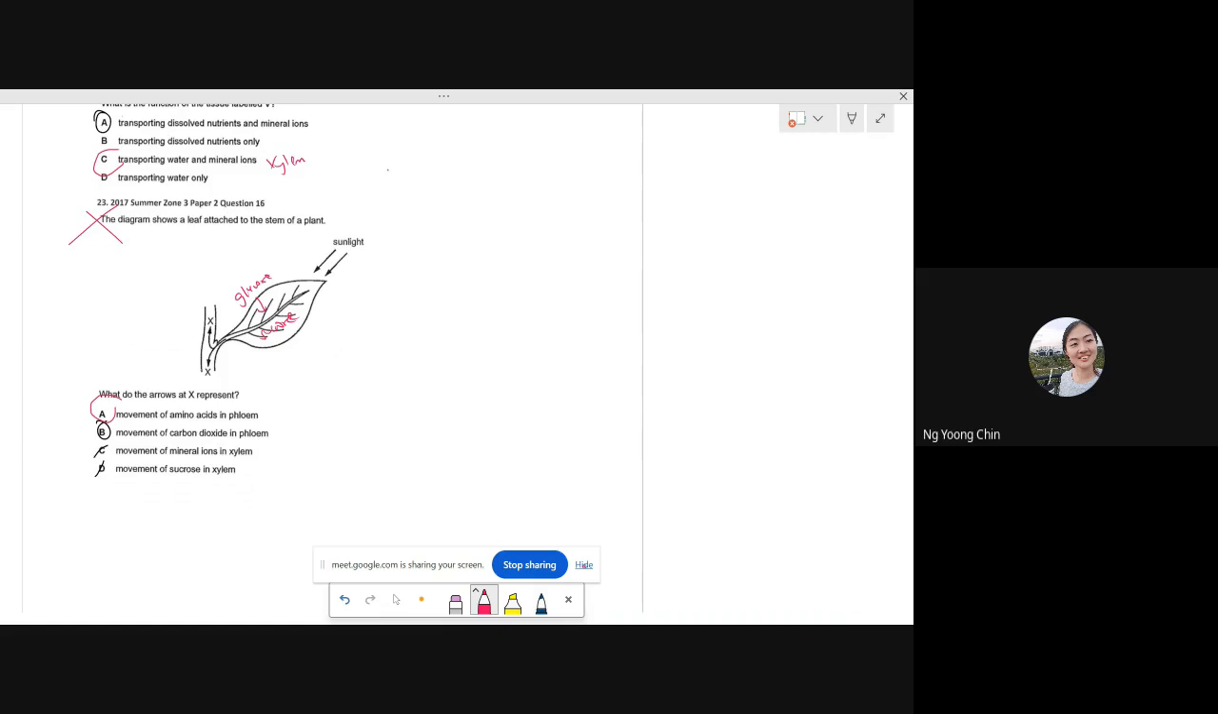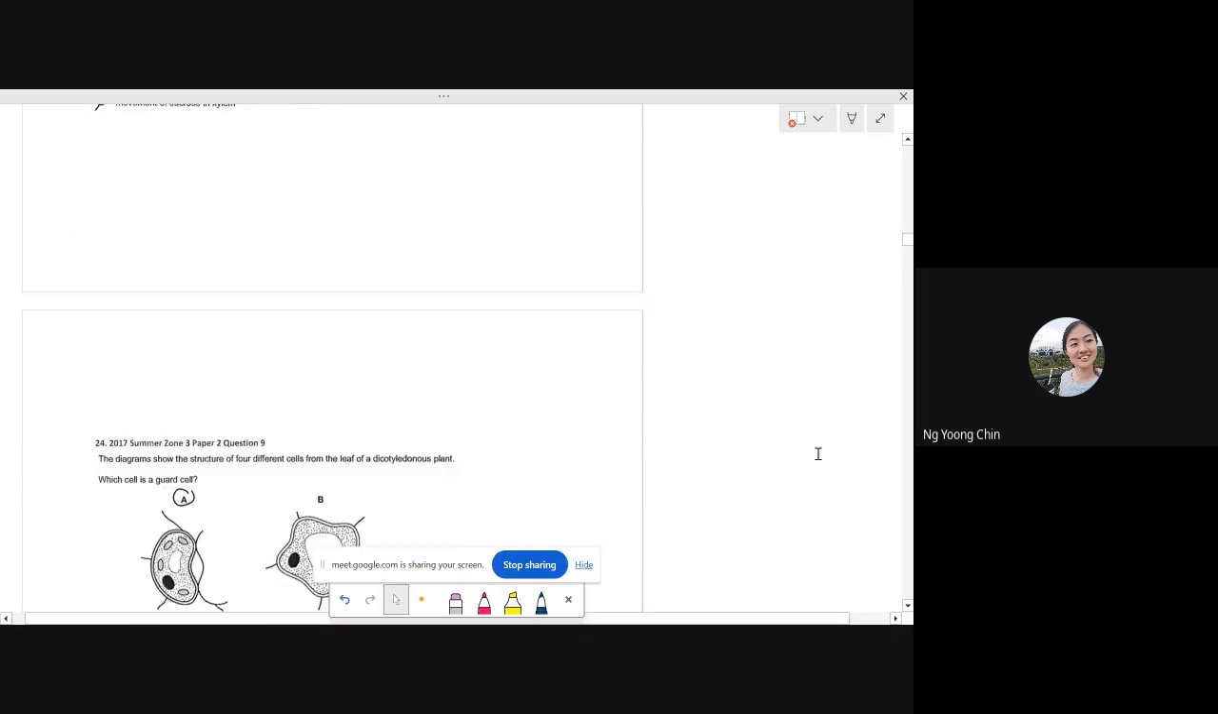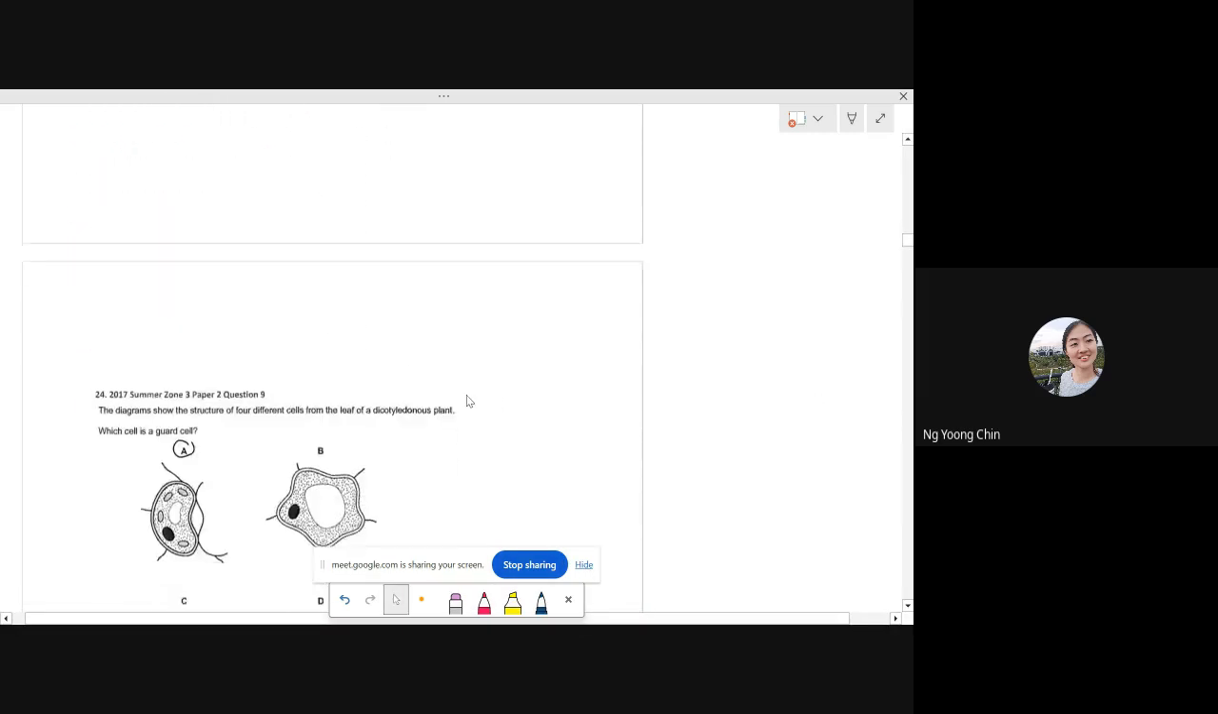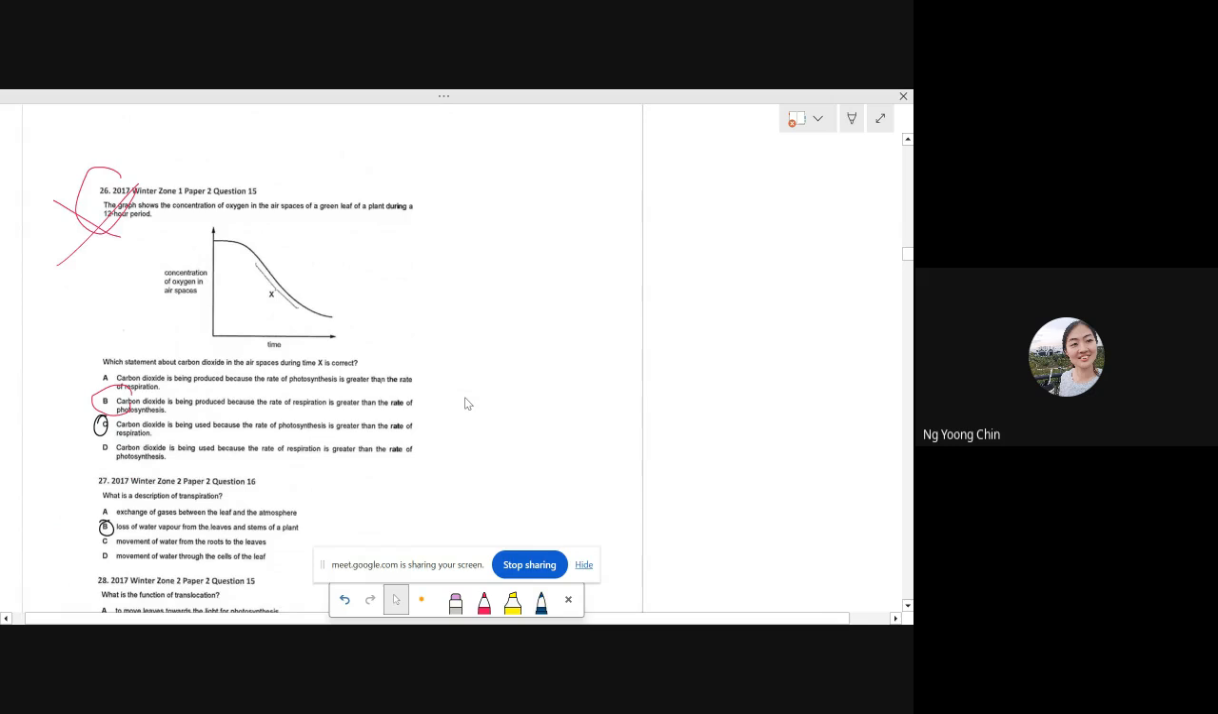And then they will enter into the phloem. Okay, so movement of amino acids happens in the phloem. This is A. So this process is about the phloem. And then for this one,